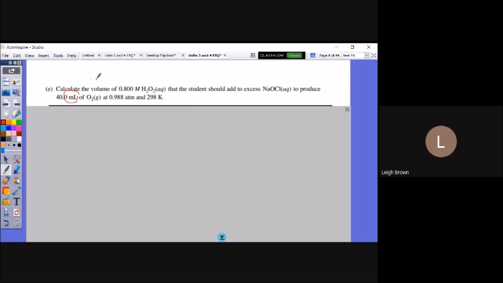So we've got 40.0 divided by 1,000, which gives 0.0400 liters. Plug in. What are we solving for in PV equals nRT? Well, we're not solving for volume because that's the initial question, but as you'll see, we need an intermediate answer before we can get to that. So we're looking at our PV. We have pressure in atmospheres. We're changing our volume to liters. We need moles from PV equals nRT. Our R is the constant we looked up.